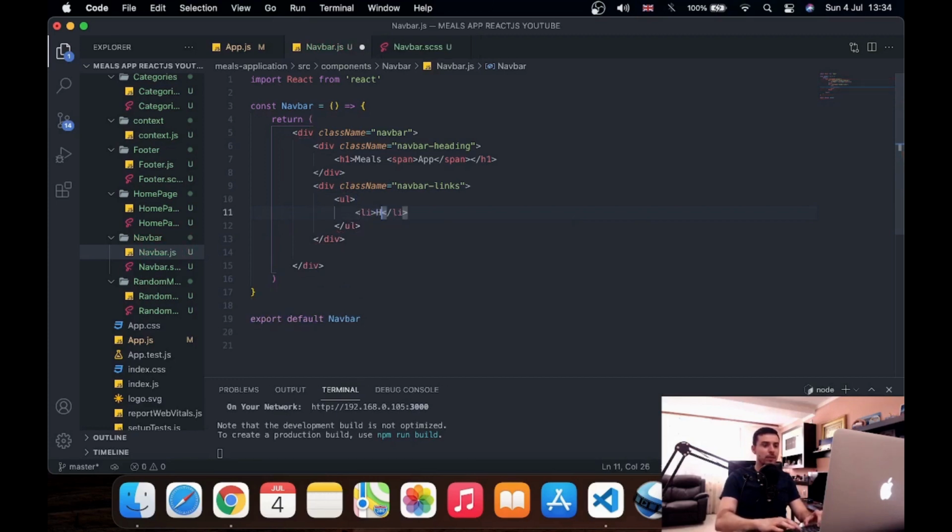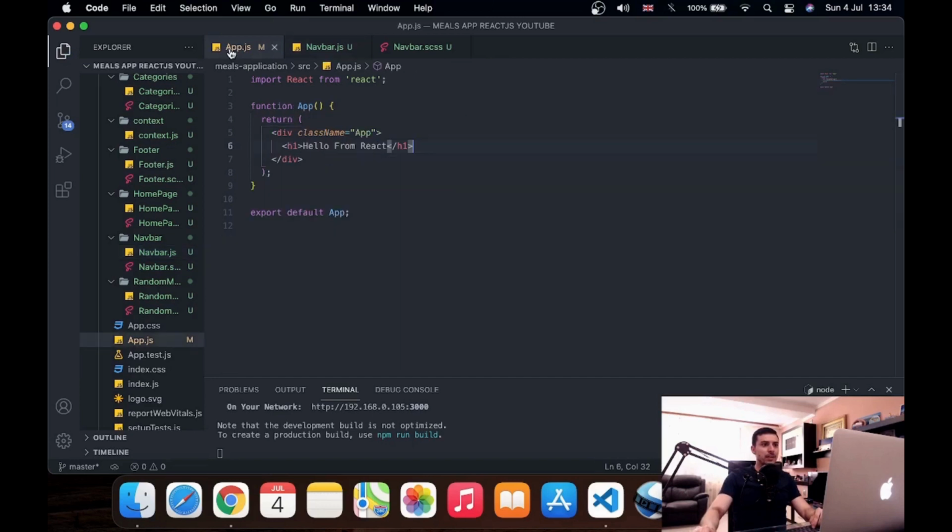First one of them will be home. The other one will be categories, and the last one will be random. Okay, once we have done this, we can save this file